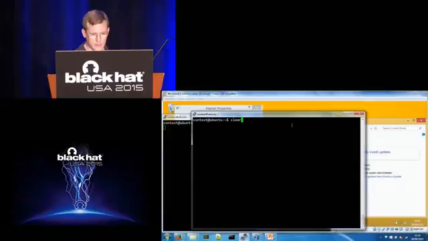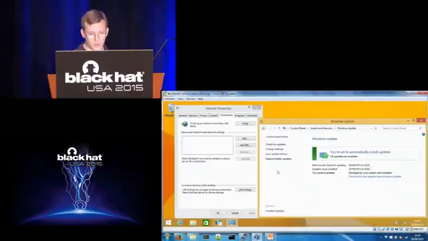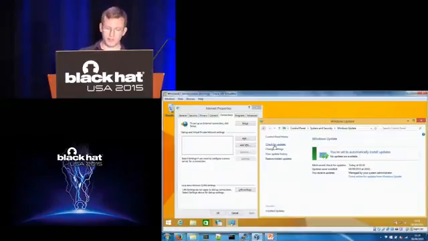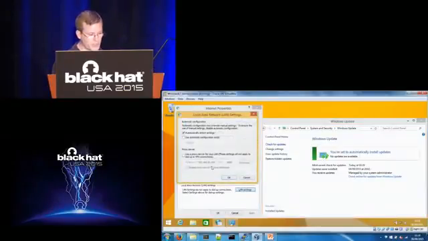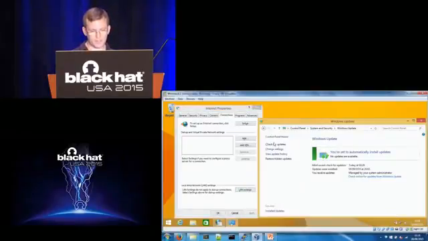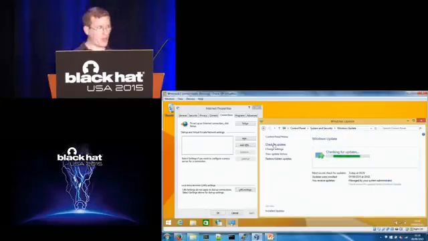So let's see. Right, first of all, nothing's changed, I'm just going to check for updates. It's going to talk to the actual WSUS server, and it should say there aren't any updates. So, no updates. There's no funny business going on. Now, we're going to modify the proxy settings. So now this is pointing the proxy settings to my Linux VM. It could equally be a localhost if we could run a non-privileged executable on here, and it would work just the same. So if we check for updates again, hopefully,